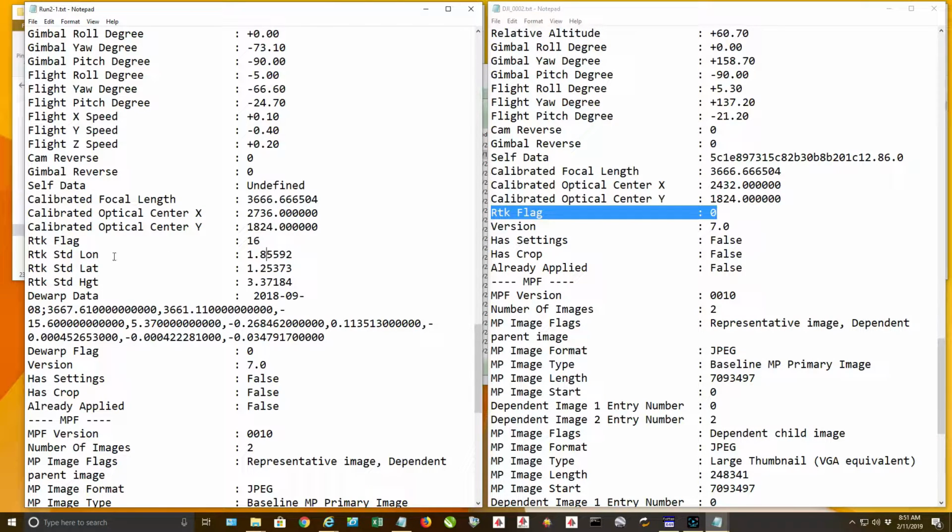So they're merging the longitude and latitude into one and calling it horizontal. What they were doing was taking an average of the accuracy of longitude and latitude, when in fact it should be a root mean square (RMS) value between the two. I've emailed with them, and they're actually going to be updating Pix4D so that it is now just going to take longitude and latitude individually in a CSV file for ground control points,